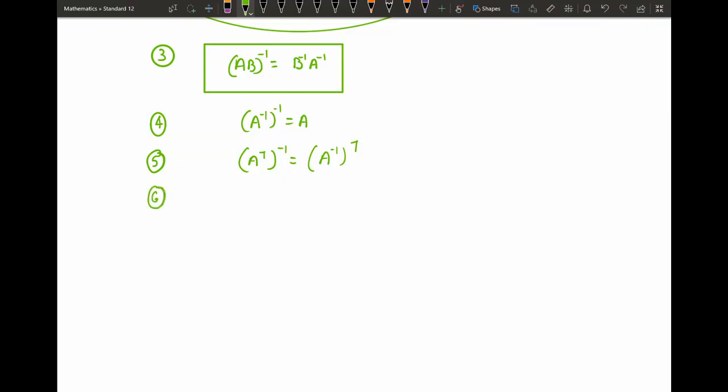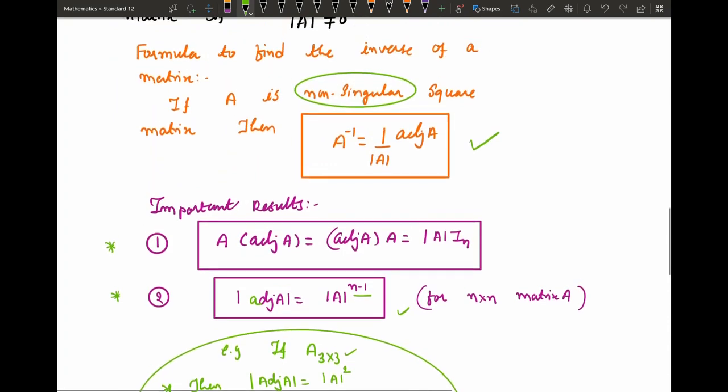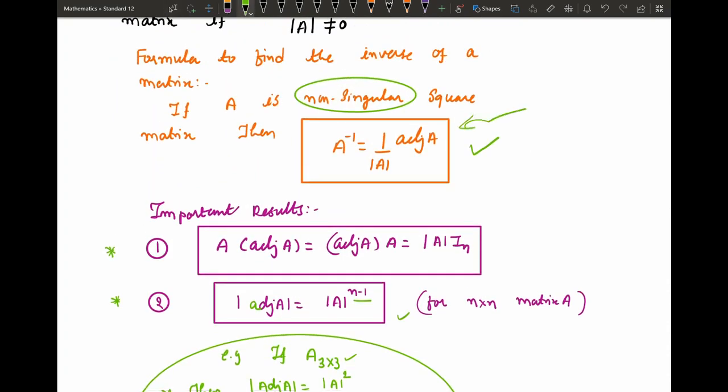Another important result is determinant of A inverse equals determinant A raised to minus 1. The main formula is this one: (AB) inverse equals B inverse into A inverse. So to find the inverse, one has to find adjoint A. For adjoint A, you have to find the cofactors of each entry, then take the transpose, so you will get the adjoint. For example,